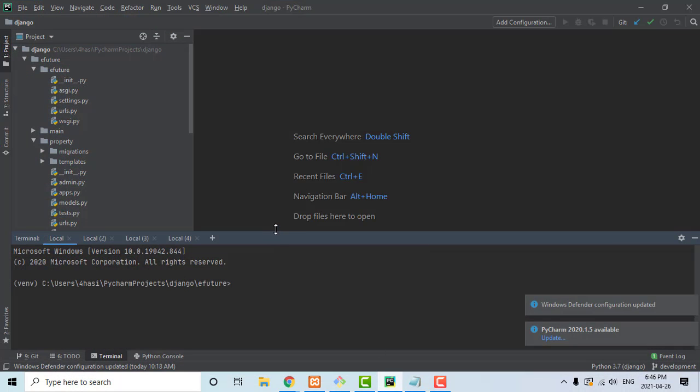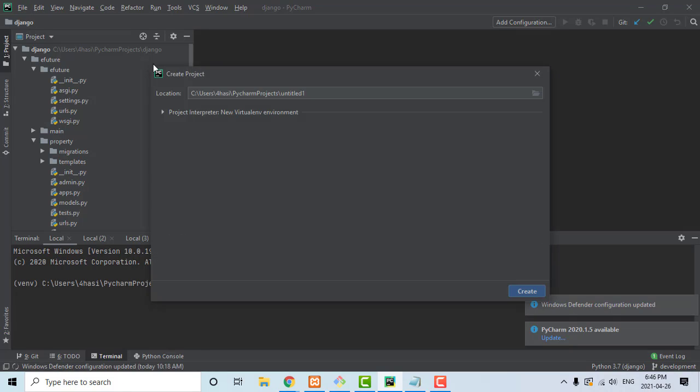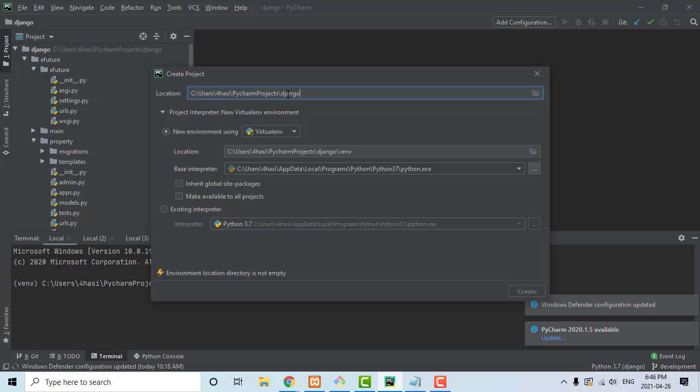Firstly, here I am going to create a new project. I name it Django tutorial 2. I used to make this project using PyCharm, and there is the